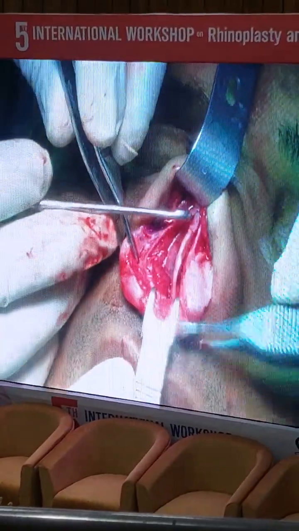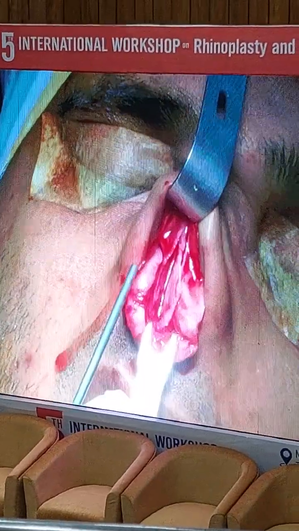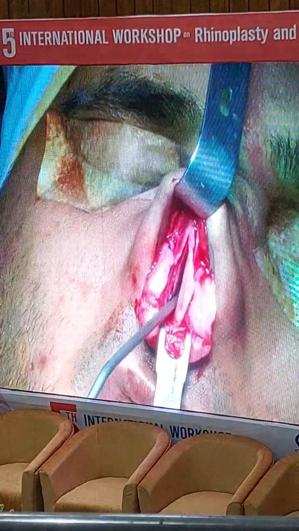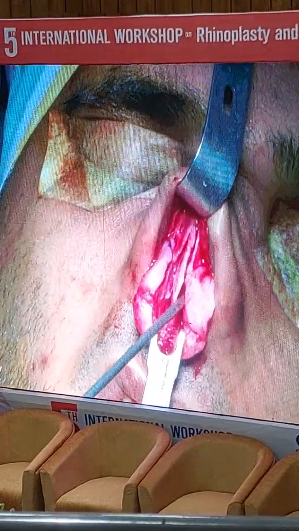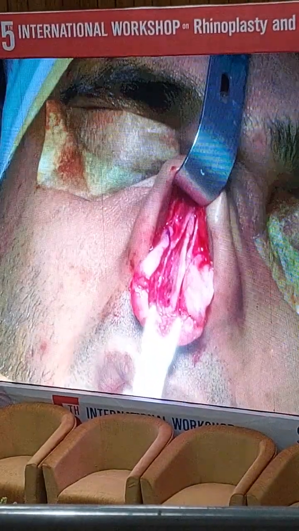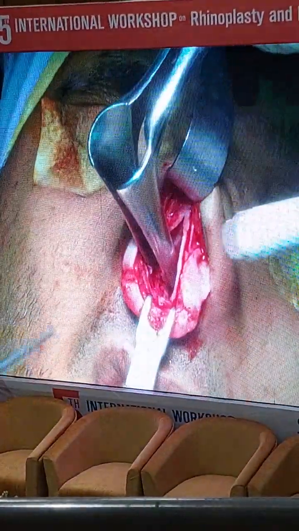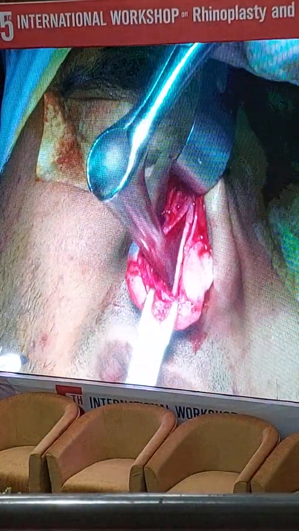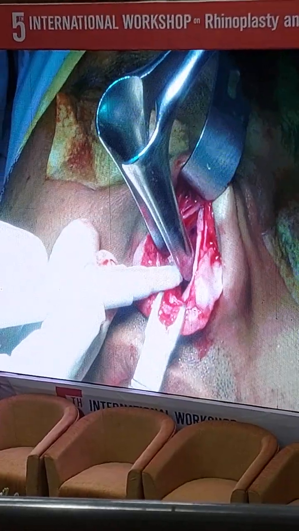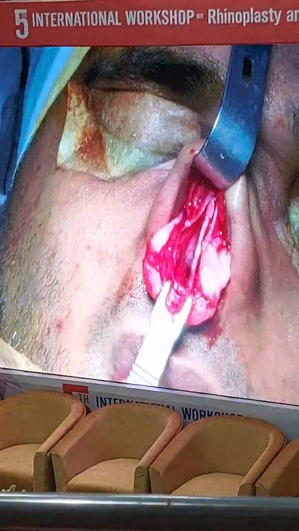Now we don't have access to this cartilage, so next is septum modification. Next golden stage, the septum modification. For septum modification, we want to preserve 1 centimeter dorsal and 1 centimeter anterior. Give me the nasal speculum and give me the marker. I usually don't mark, but just for the demonstration, I mark like this, and then 1 cm, rotate like this. Start. Yes, give me the number 15 blade.